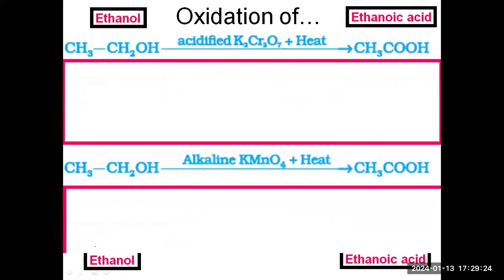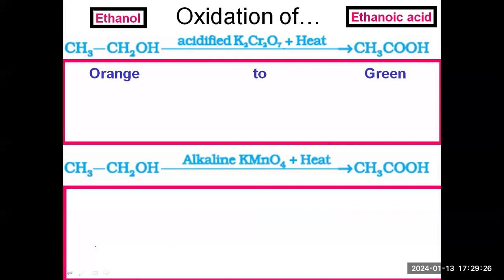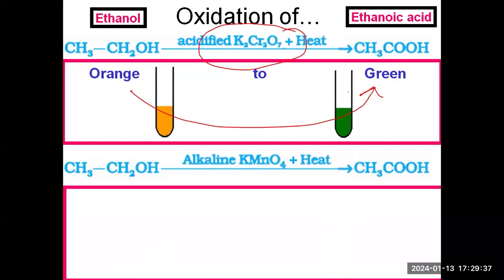Now you will see some color change over here. When you are using potassium dichromate, you will see the change from orange to green. Okay, from orange to green. But when